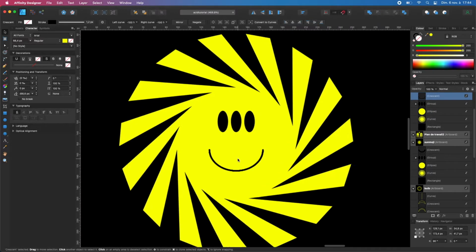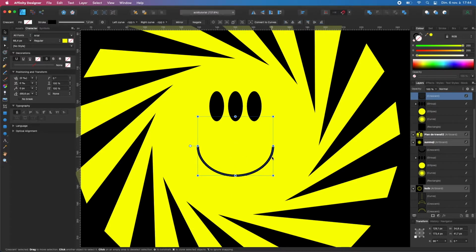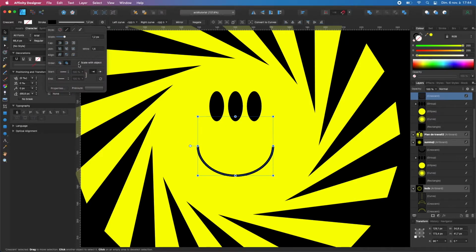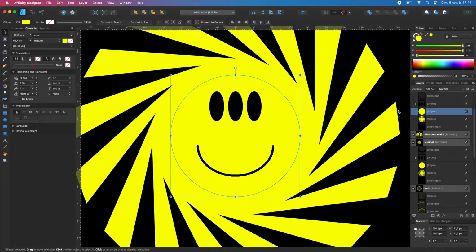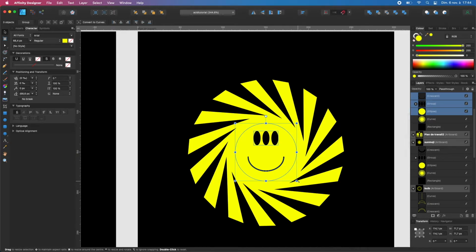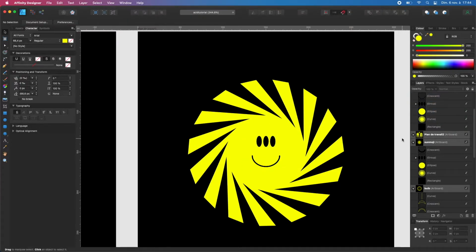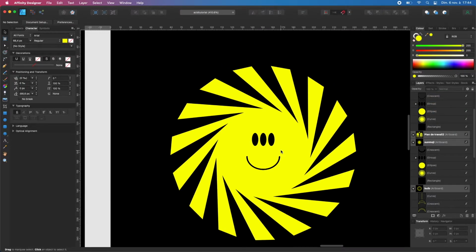As you can see, the stroke is scaled with the design. You can disable this by unclicking Scale with Objects, and once you do this, you will see that the stroke gets bigger and bigger. It's up to you what you like to do. And then